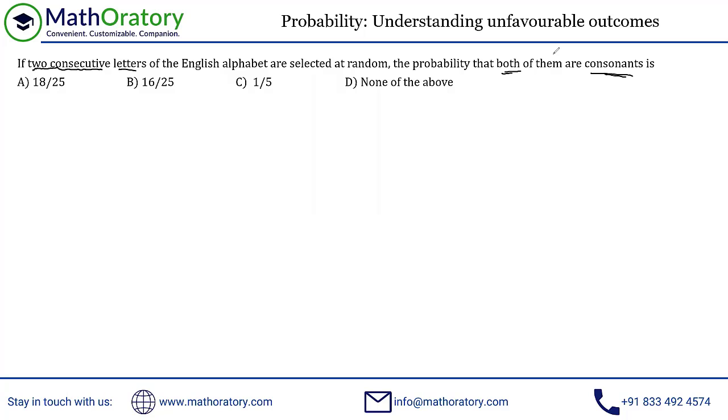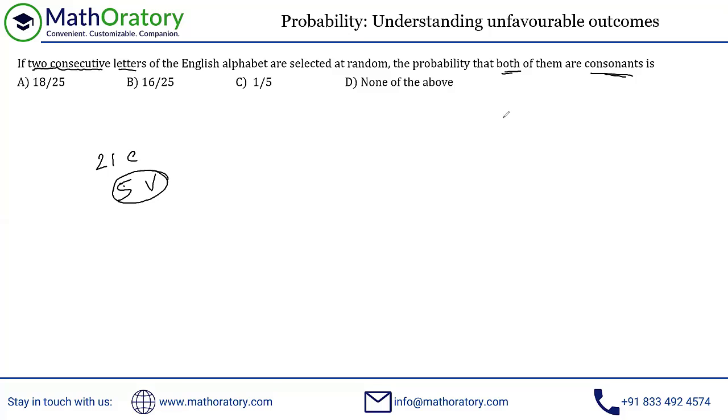So this is what we are looking for. In this case, if you focus on the unfavorable outcomes, that will be simple to find. There's a very simple reason for that. You should be able to identify it yourself. There are a total of 21 consonants and 5 vowels, right? So the cases in which there will be a vowel will definitely be low in number, right? It should be easy enough to identify those cases. So just because there are fewer vowels, think in terms of the vowels, and we are considering consecutive letters, so that also comes into consideration.